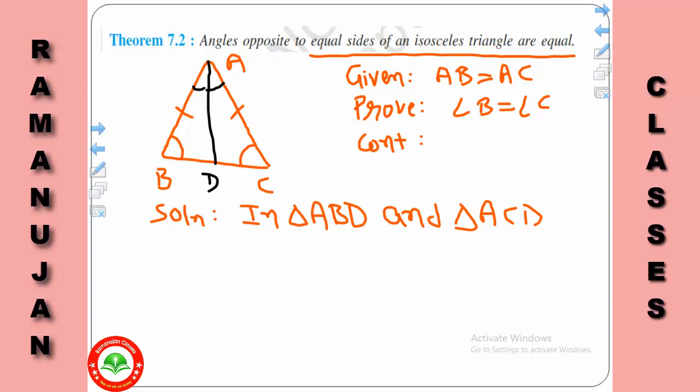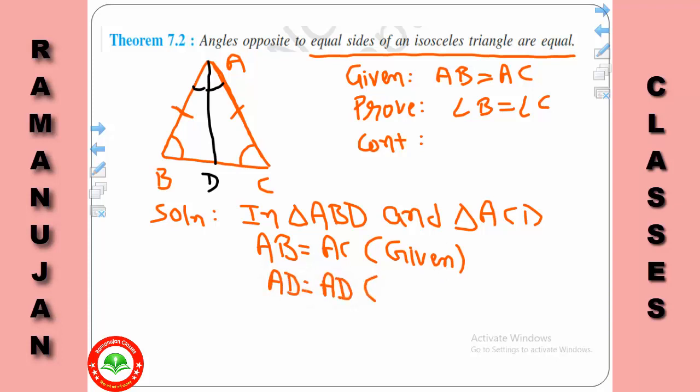So in ABD, AB is equal to AC. It is already given in the question. AB is equal to AC, given. Then we know that AD is a common part of the two triangles, so definitely it is going to be common and equal. Then we have the angular bisector. What we said, AD is the angular bisector. So suppose it is 1, it is 2. Angle 1 and angle 2 are also equal. This is our construction.